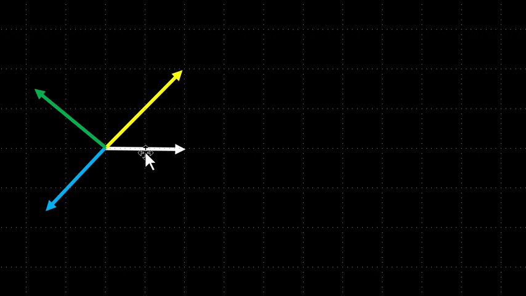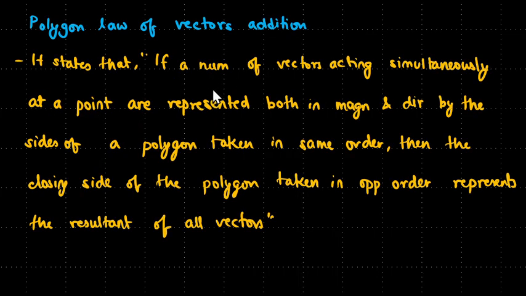And since we learned from parallel transformation, we can move all of these vectors and it wouldn't change anything. So before we do that, let's go back to our statement, which is if a number of vectors, so this is a number of vectors, in this case it is 4 vectors, but it can be any number, except one,